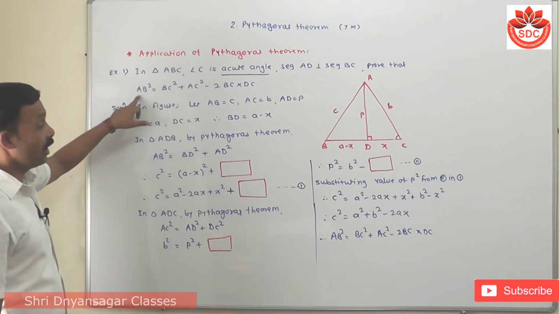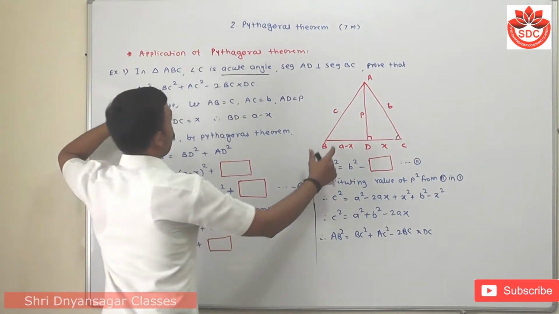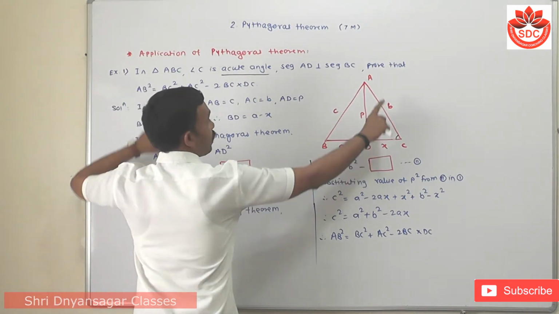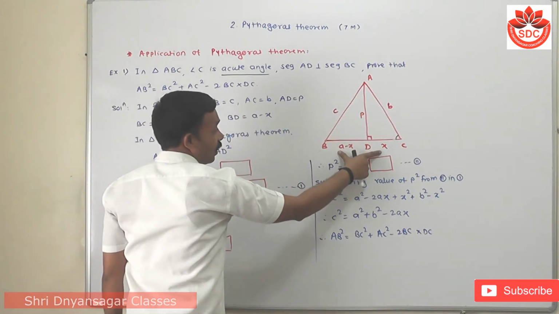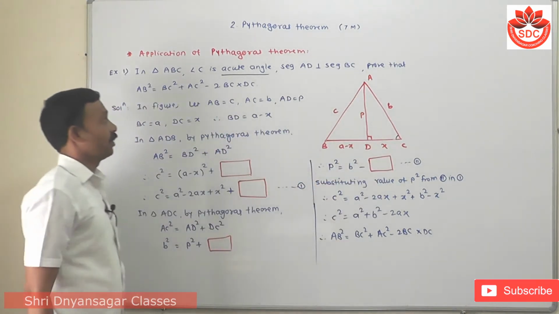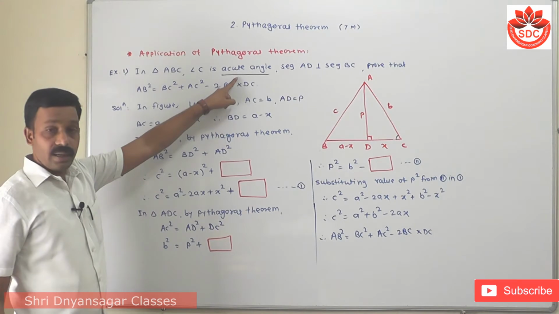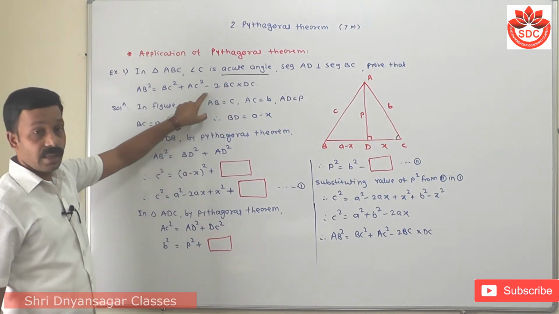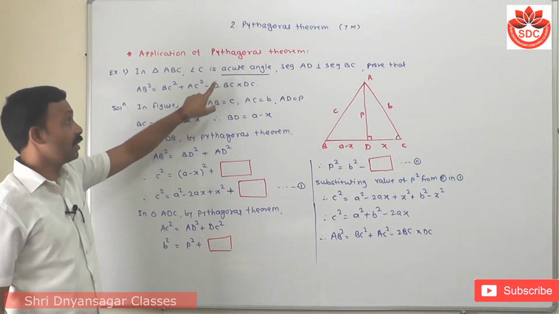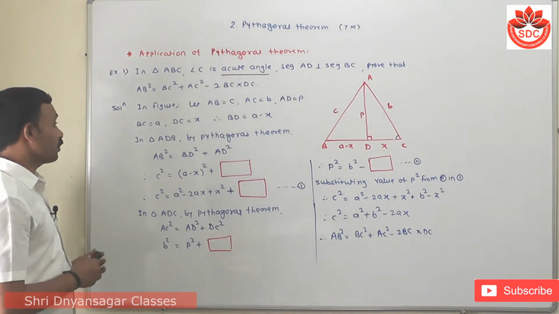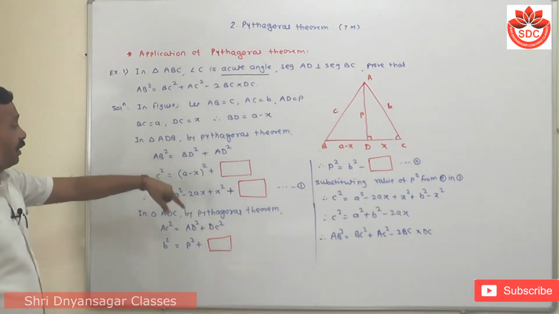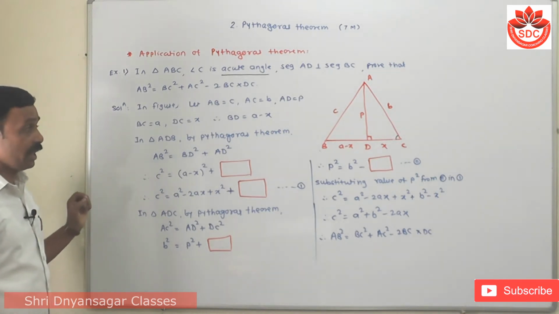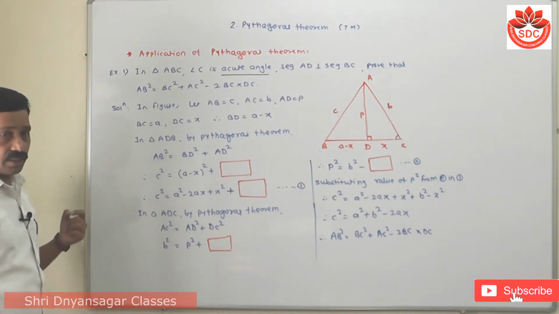Now look here, again I tell you that AB square is equal to BC square plus AC square minus twice BC into this part DC. Student, when an acute angle is given, take the minus sign here. If an acute angle is given, take the minus sign. Now the solution is already given here. I have to fill in the boxes here. This is an activity type question, also asked in your examination.